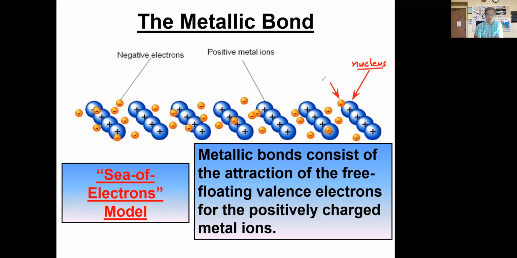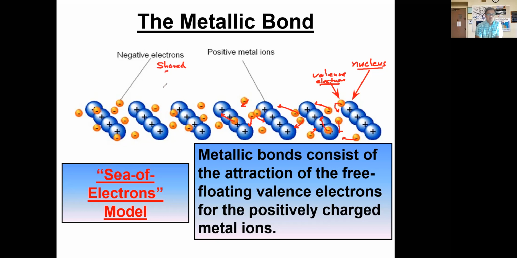So if you followed my example just now, valence electron. And so these valence electrons aren't just being shared between two nuclei, they're being shared between all of the nuclei collectively. That means that they are free to move around this whole region of space here. They can move from one nucleus to another because, remember, they are delocalized. The other way that I try to get you to imagine this is that these electrons are shared.